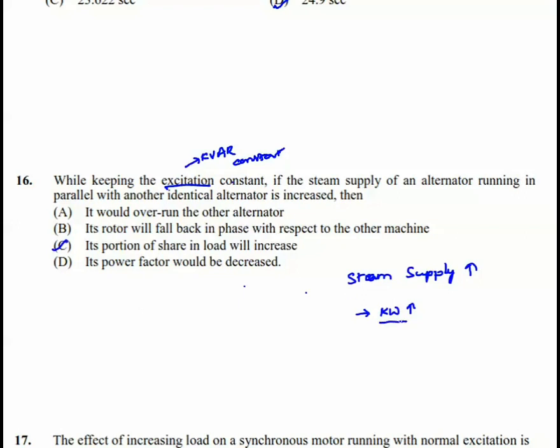Okay, suppose if you want to increase the reactive power, so if you have to increase the reactive power, you have to increase the excitation. Okay, that is the key here. And the next question